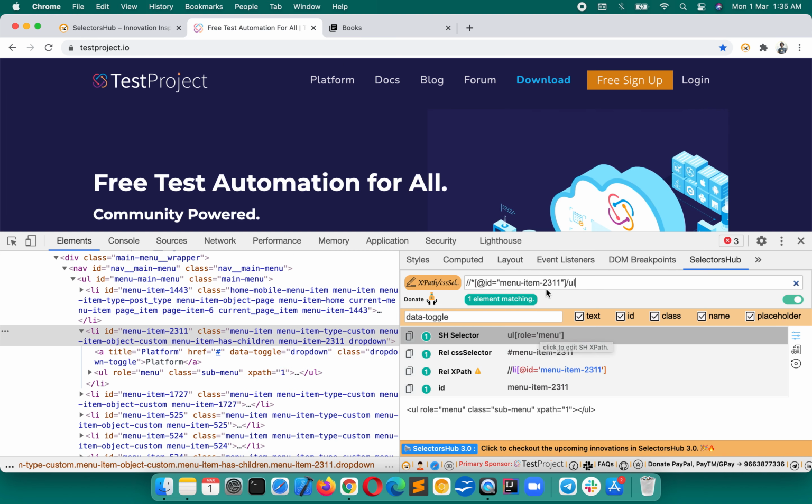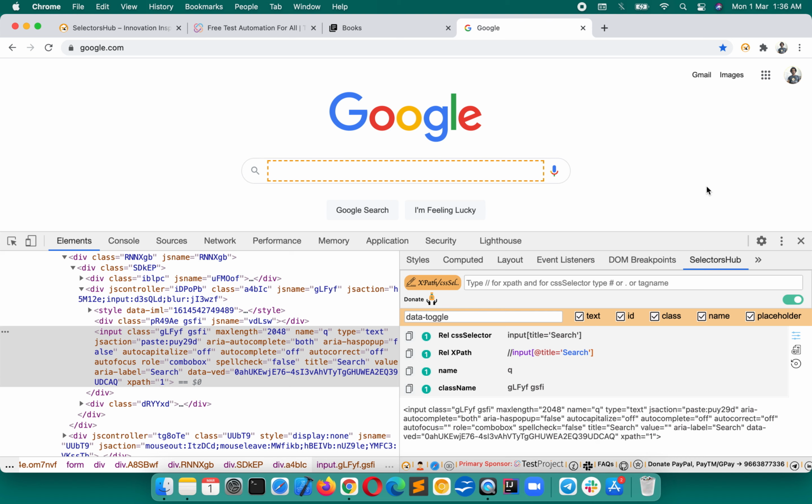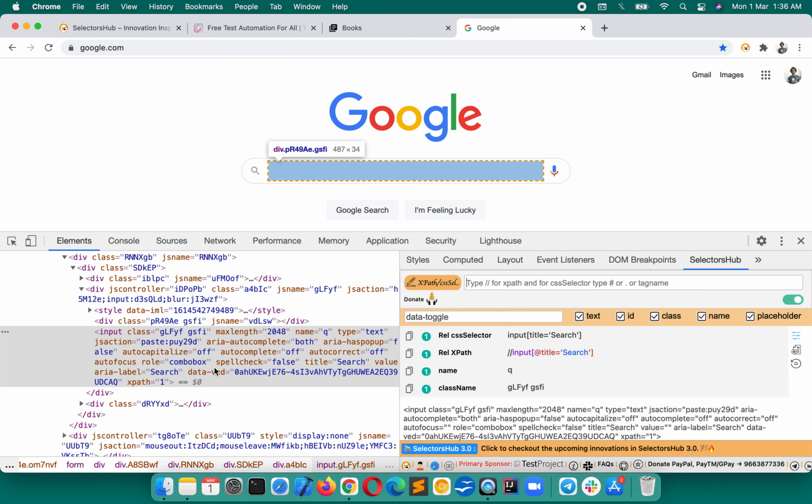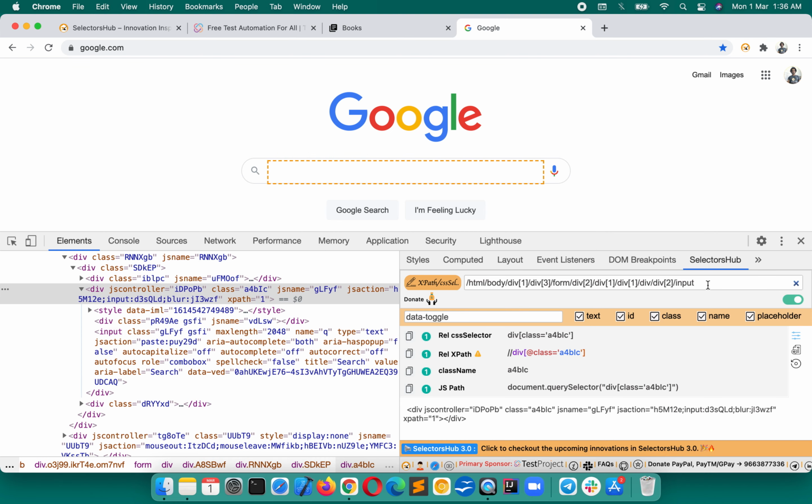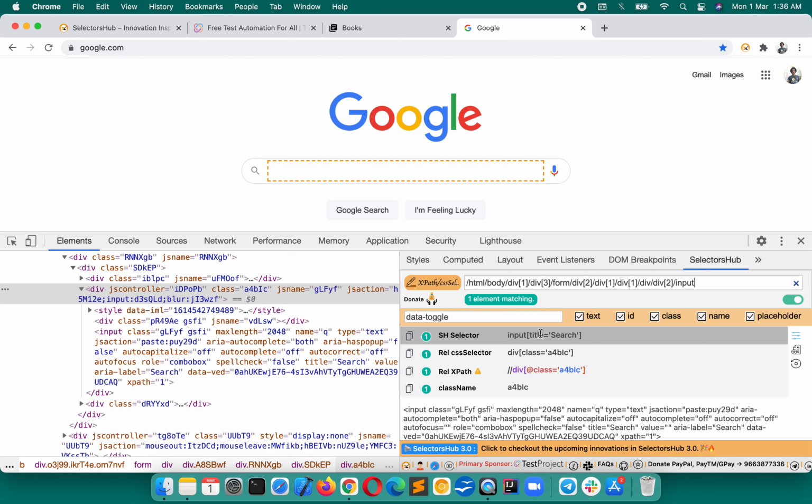And for a better demonstration, let me show you here on google.com. Suppose for this field, or I'm just showing any XPath, you could have any XPath. For whichever page that XPath is, you have to open that page. So the XPath which I'm going to paste over here is for this field on this page. Now if I press enter, you see that it gives me this CSS selector. So this is the CSS selector for my XPath.